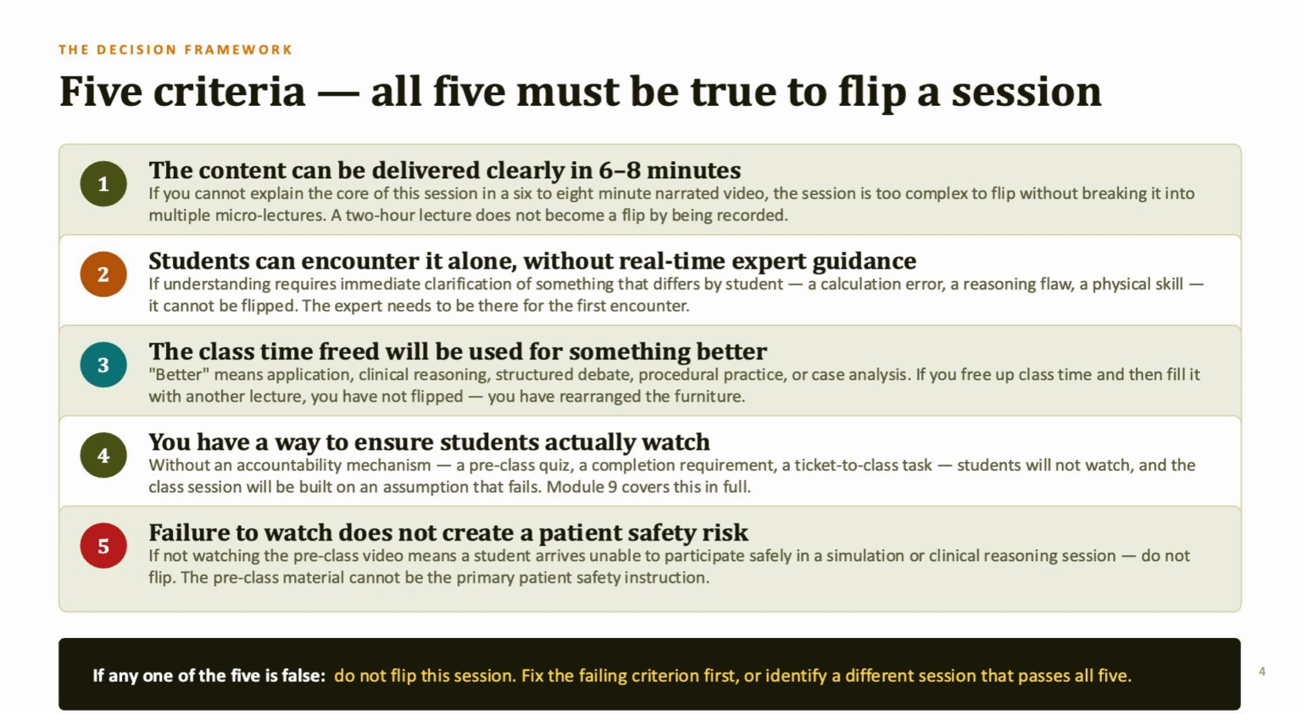To determine if a session is suitable for flipping, we must consider 5 critical criteria, and crucially, all 5 must be true. First, the content must be deliverable clearly in just 6 to 8 minutes. If you cannot distill it into a concise narrated video, the material is too complex and requires multiple micro-lectures. Second, students must be able to encounter the content autonomously without real-time expert guidance. If immediate clarification is necessary for understanding, such as a calculation error or a reasoning flaw, the session cannot be